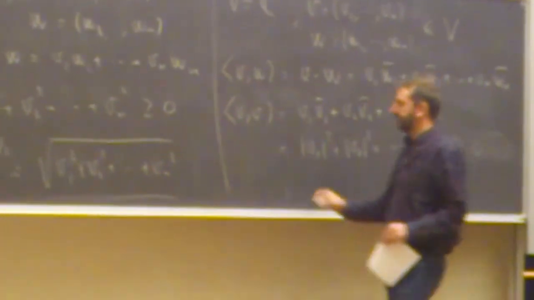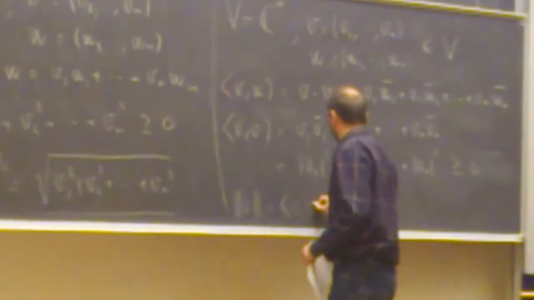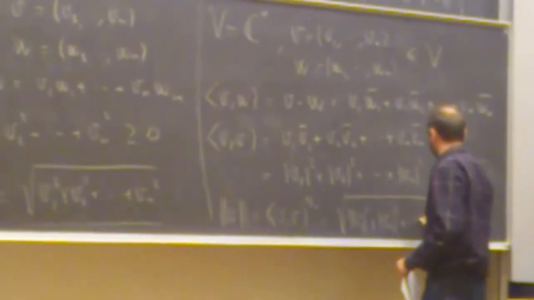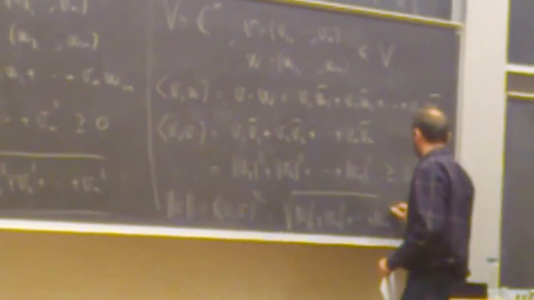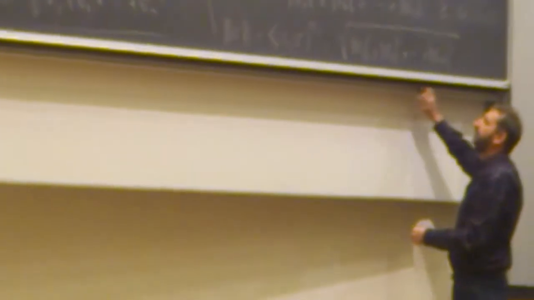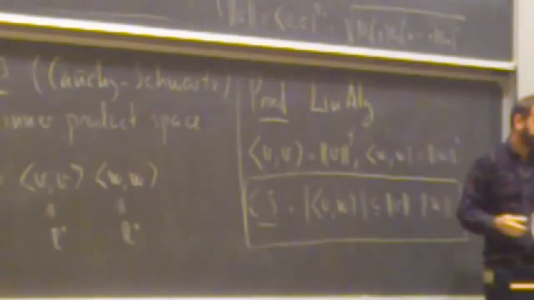And we also finally see that the norm of v, that is the square root of v inner product v, is then the square root of the absolute value of v1 squared plus absolute value of v2 squared plus dot dot dot plus absolute value of vn squared. I will not verify the other parts of being an inner product. Then I will move on to